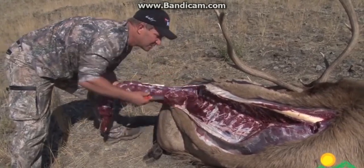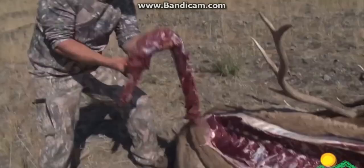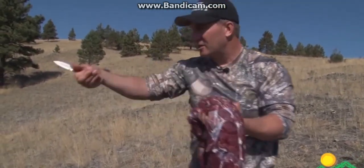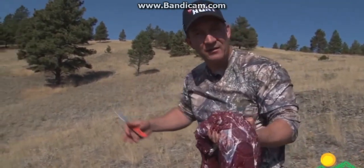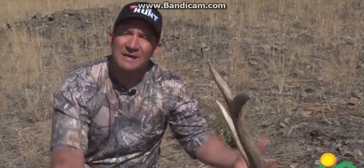Any of this extra meat that's here, we'll come back and clean that up in our final butchering process. And you have your back strap. Now we want to get this thing cooling, so we're going to go to the nearest tree and hang it in the shade. With the back straps now removed, what's left to do is start peeling the hide down